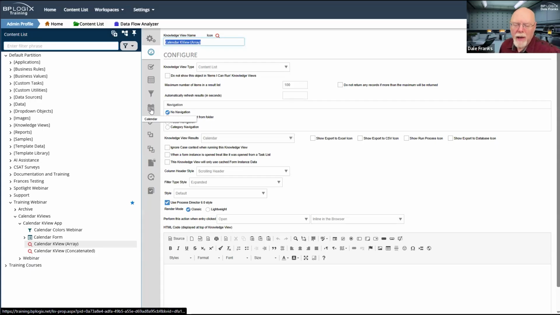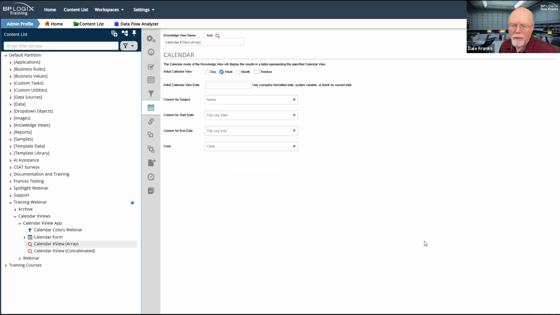What makes the calendar K-view work is on the calendar tab of the knowledge view. I must have 3 properties to make a calendar work. So, well, that's simple enough. I need a subject, something that gets displayed, as we can see in the knowledge view.